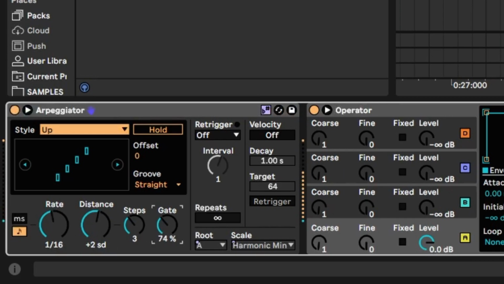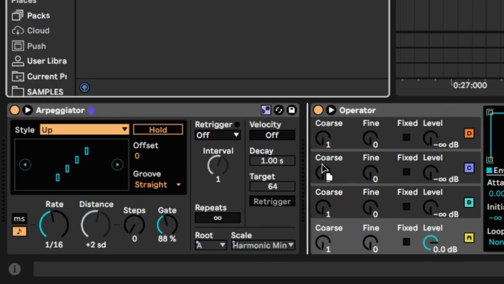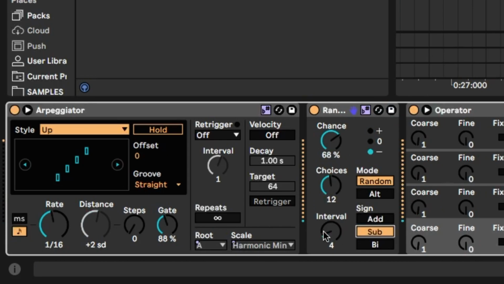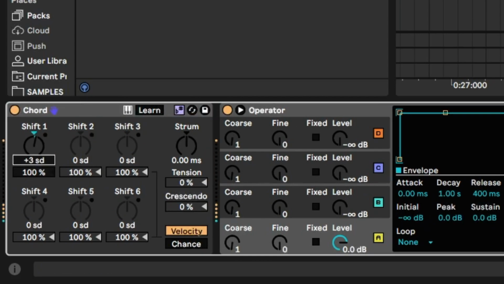Then you can freely generate MIDI that is currently locked to the scale that you choose. The same happens with the chord device, which makes it much easier to find combinations that fit a certain scale.